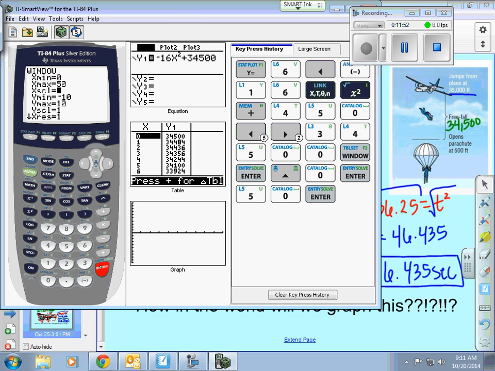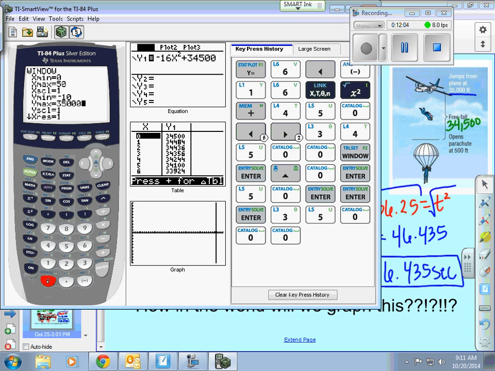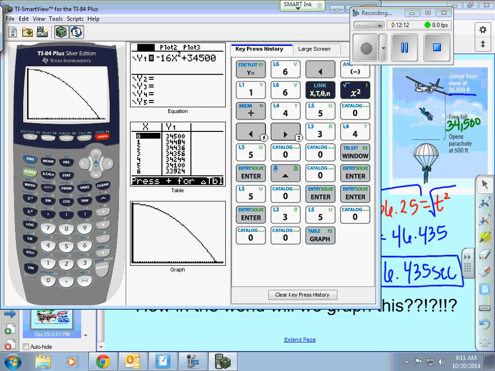And then my Y is how high it is. So we don't really need to do negatives, but I'll leave it at negative 10. And then the height, well, we're starting from 35,000, so I'm just going to put 35,000 as my height. And then I go ahead and hit graph. And here is the parabola showing. It's only a part of it. Then if I want to figure out what this ordered pair is right here, because that's where he's reaching the ground,